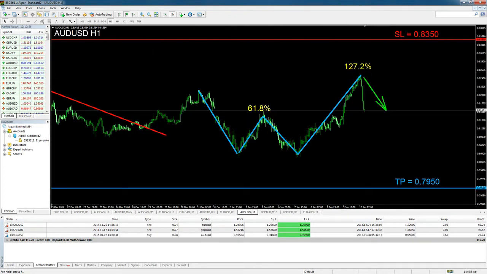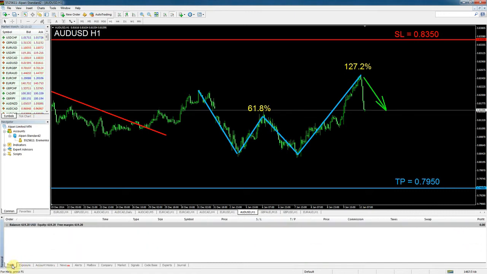Welcome back to the course on Forex trading. In today's tutorial, we will be conducting our fourth live trade on a real Forex account. As you can see here, down at the bottom, we've got our 3 profitable trades that we've had so far, and that have brought us $119.20. And currently on this account, I have $619.20 of available funds. So today we'll be looking at the Australian dollar, American dollar hourly time frame,